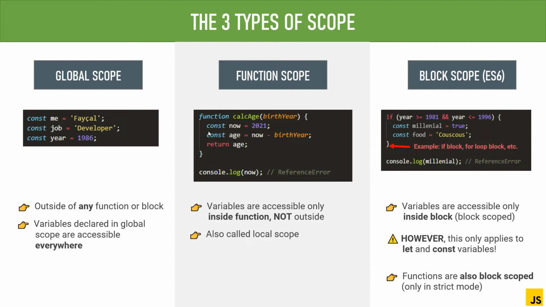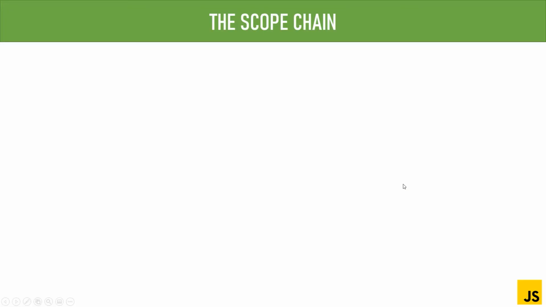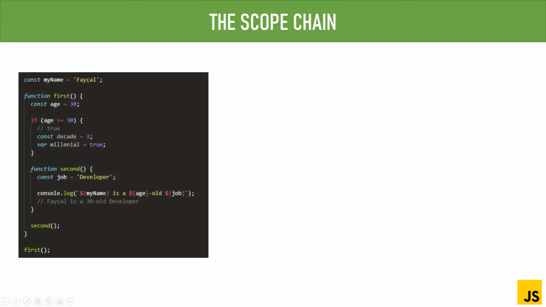But now to understand all this a little bit better, let's actually look at a more real and detailed example, and also learn about the scope chain. And here we have some code with different functions and blocks, and we are going to take a look at the scopes that are in this code as well as build the scope chain. And of course,